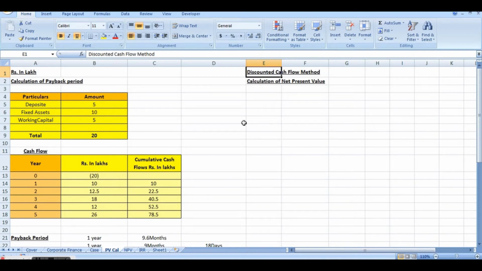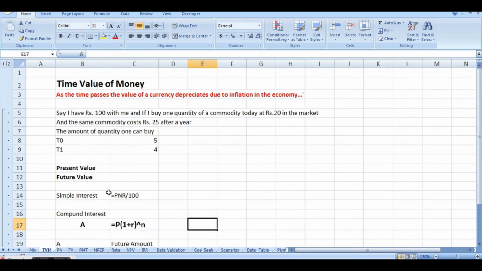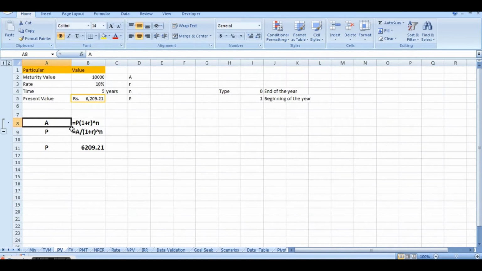Now the net present value concept is based on the time value of money concept that we have learned in a few of the previous sessions, wherein we tried to calculate the amount, or what we call present value and future value, with the help of this formula. Every one of us has learned this formula in our primary education. Using the same formula we are going to calculate the net present value. How? Let us see.